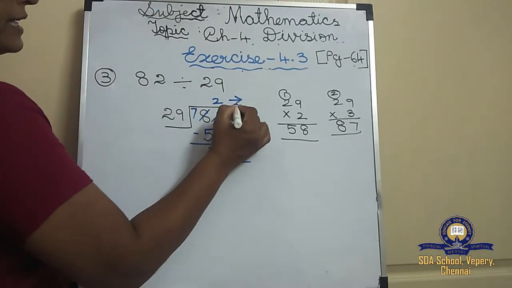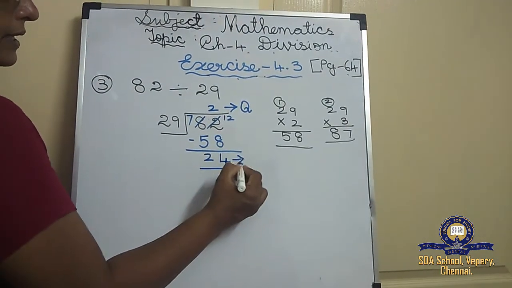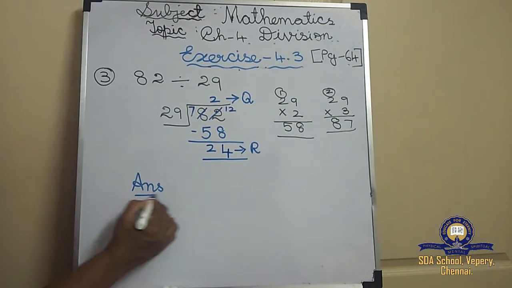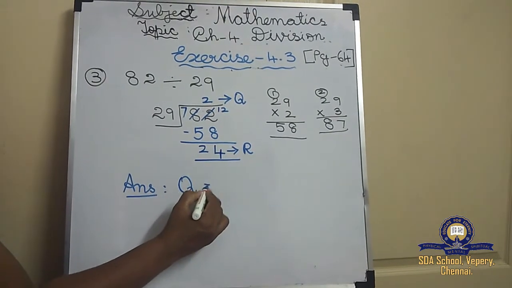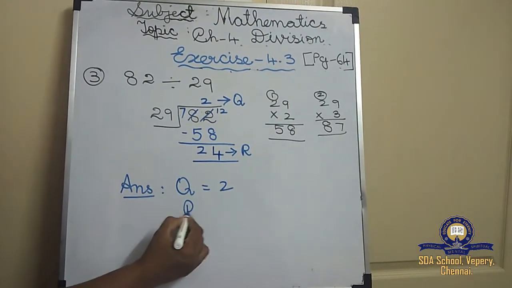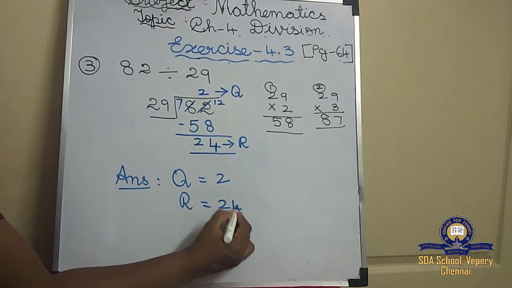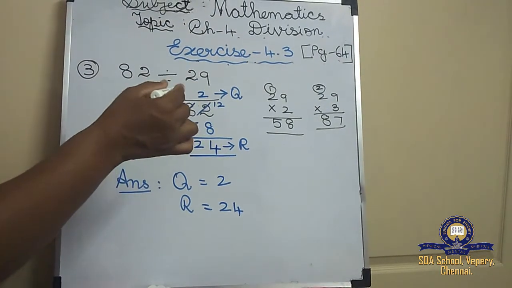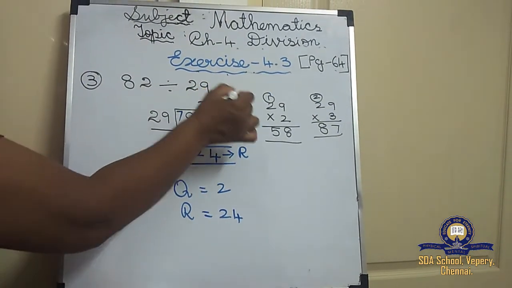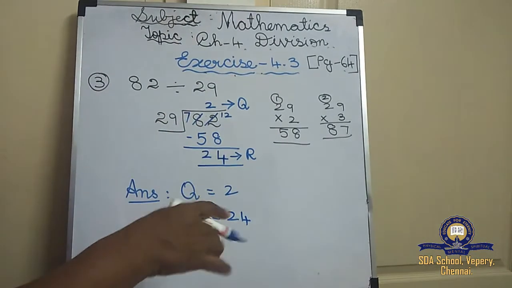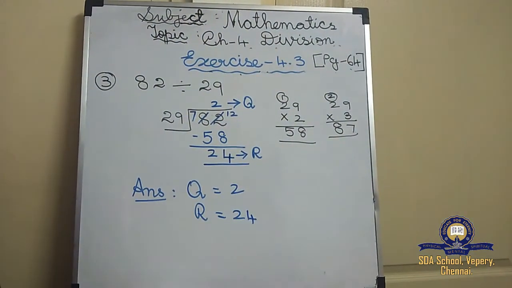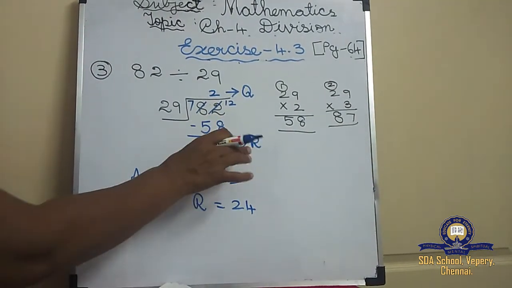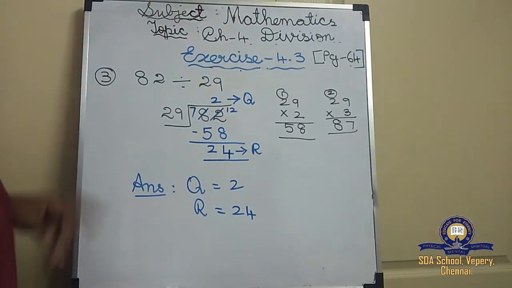And this is quotient and this is remainder. So what will the answer be? Quotient is equal to 2 and remainder is equal to 24. See, here we still haven't learned about keeping a decimal point. Okay, children? If we go on to add a decimal point, they didn't give that in the book. Hereafter only they will give. So no need. If the remainder is a bigger number also, no need to worry. You can write like this. Understood, children? Okay. We'll see the fourth sum.